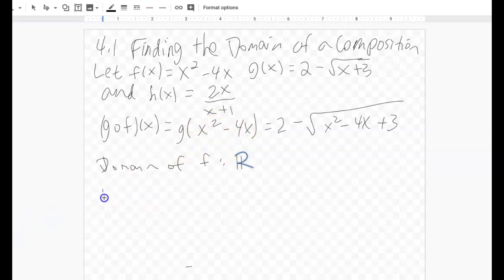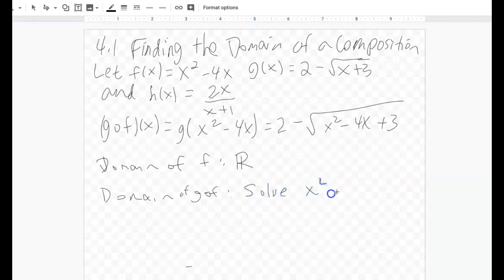And now, to play with the domain of the outside function, or the domain of the composition, g composed with f, this is why it's a little tricky: in this case we need to make sure that the range of the inside function works in the domain of the outside function. So that means we need to solve